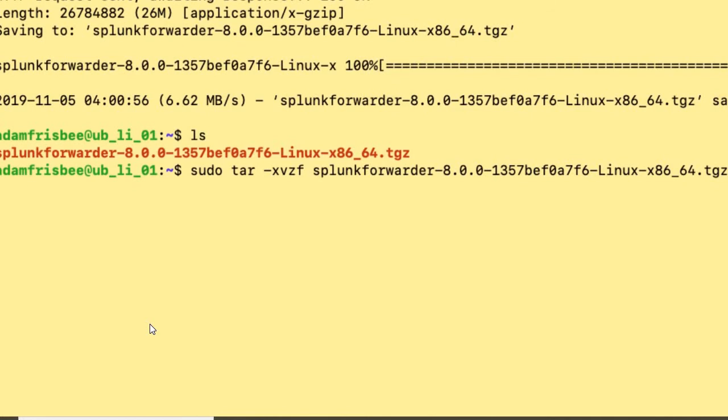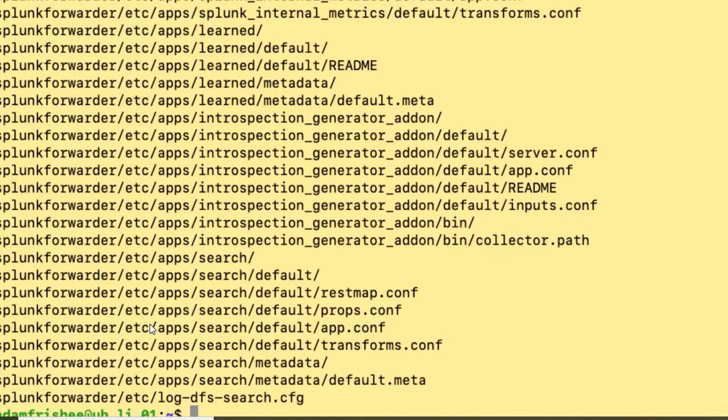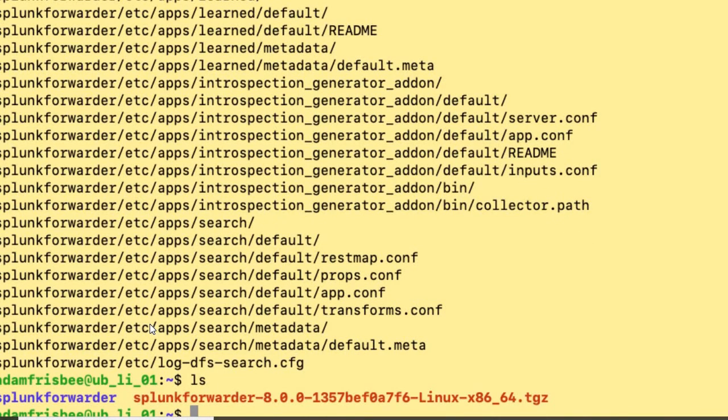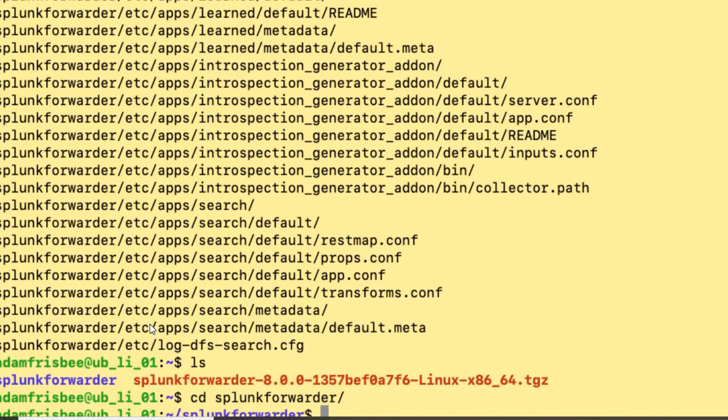We are unzipping the file now. Now change the directory. We can just do ls once the file is unzipped, to check all of them. Let's do ls and check the file. Now we are going to start Splunk by going to the bin folder here. You all know that to start Splunk we do it by going into the bin folder, as usual. This is the same process we already spoke about for Splunk installation in one of my videos. You can refer to that Splunk installation video.